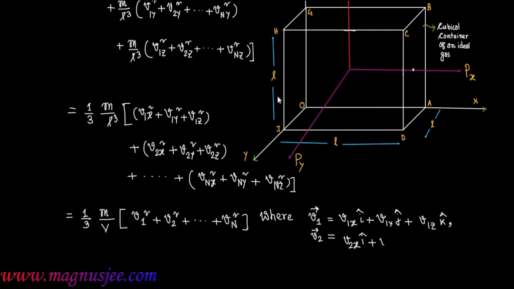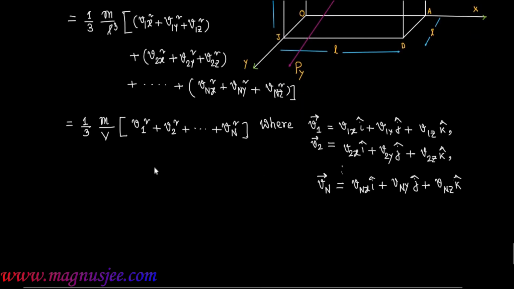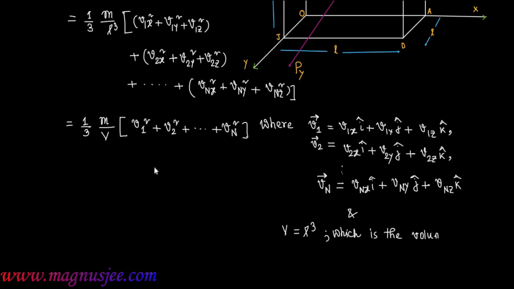Vector v2 is the velocity vector of second particle, which is v2x i cap plus v2y j cap plus v2z k cap, and then we can write down vector vn, which is equal to vnx i cap plus vny j cap plus vnz k cap, and V equal l cube, which is the volume of the cubical gas container